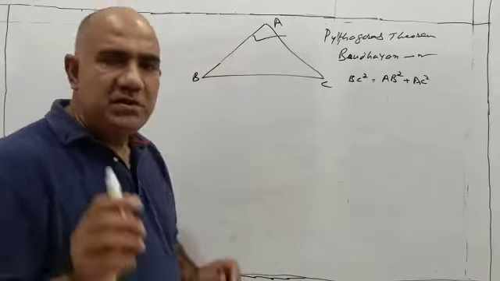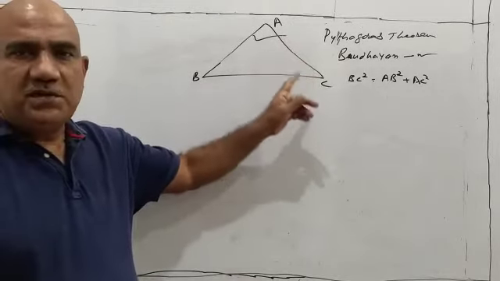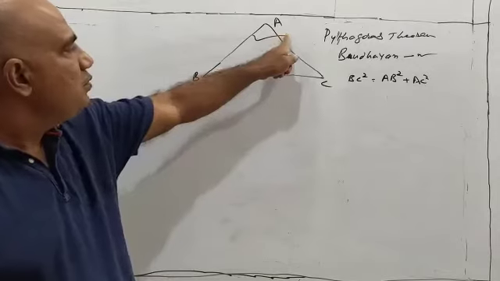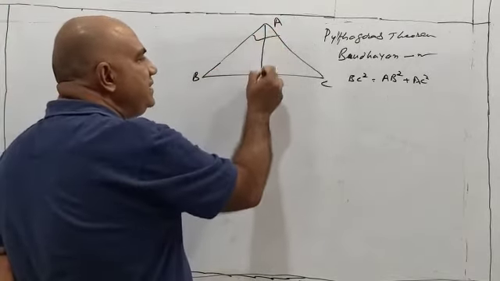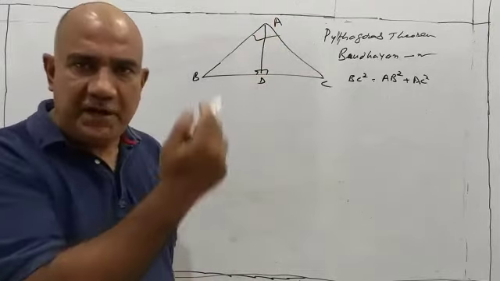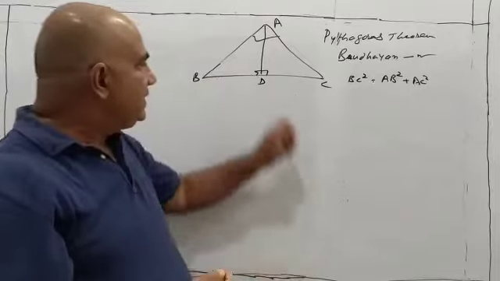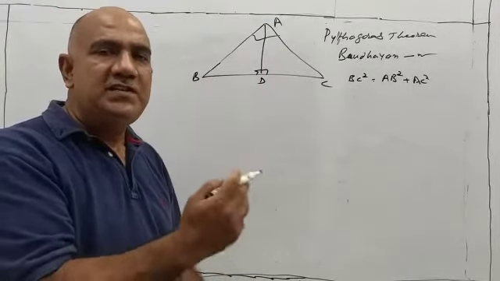We will not go into that. We will go into this version of it, that is Pythagoras theorem. This is in our syllabus and this we need to prove. So for proving this, in the previous class we have seen there was a theorem like this, that from the right angle vertex of a triangle, if a perpendicular is drawn onto the hypotenuse, the triangles so formed on either side of the perpendicular are similar to each other and similar to the whole triangle.